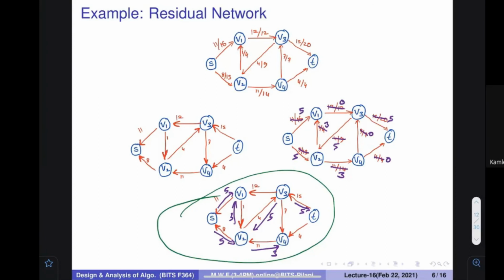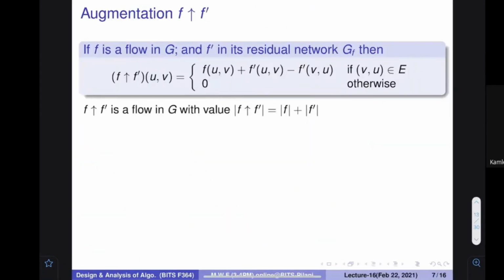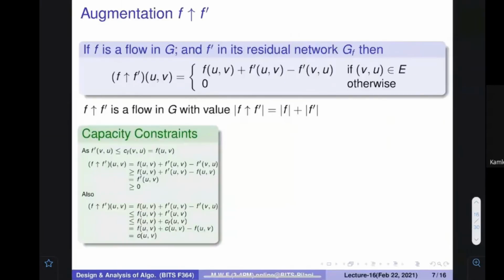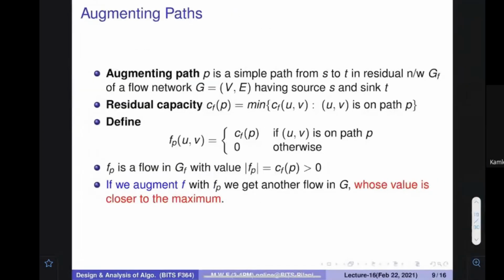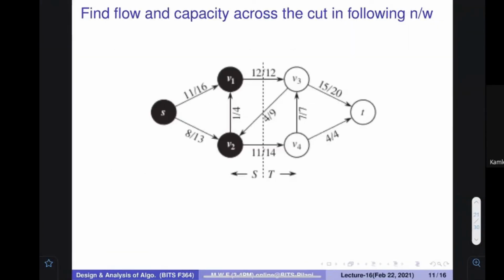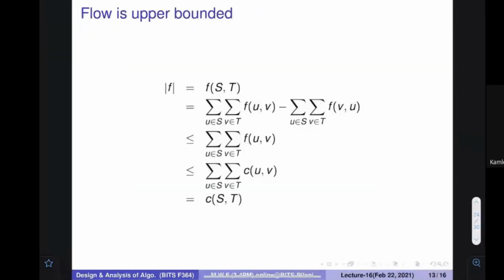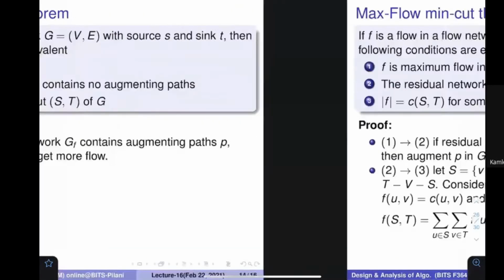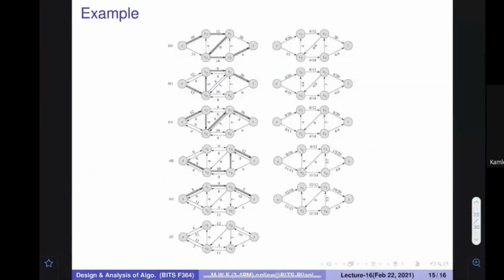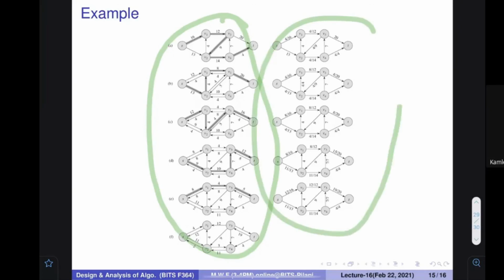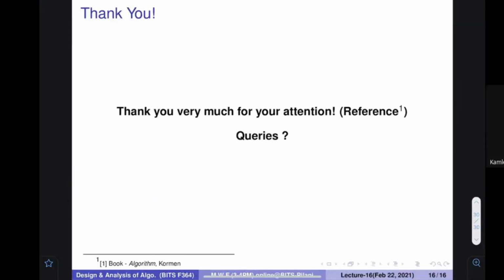I would stop at this particular moment, and in the next class we would see some mathematical derivations that are going to prove that whatever we are doing is correct. They are related to a proof methodology that uses cuts and other things. We would discuss all these things in the next class. This is an example where, one by one, how the network flow discovery has been executed. This is taken from the book. I suggest you please read this, and in the next class we will discuss all these mathematical concepts.